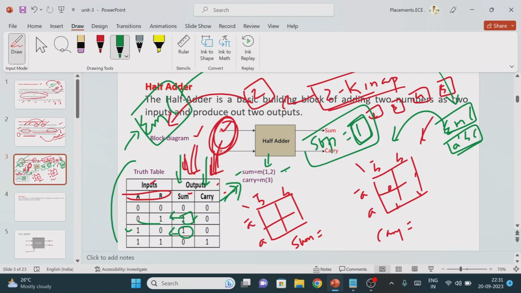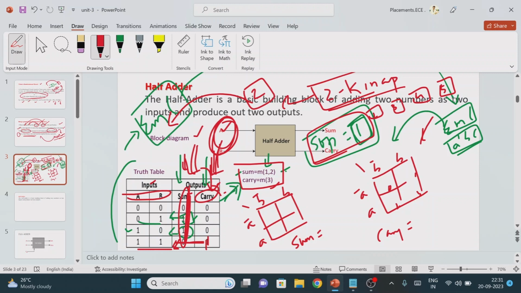Once that is completed, we come back to find the minterms for the carry. In carry, where do we have the SOP function? SOP means representation of 1 in the output, right? Here we have the 1. What is the input combination? Forget about the sum value, just for carry we are going to find out. What is the input value? 1, 1. 1, 1 means the value is 3, right? So here we have found the minterms for the sum as well as the carry.